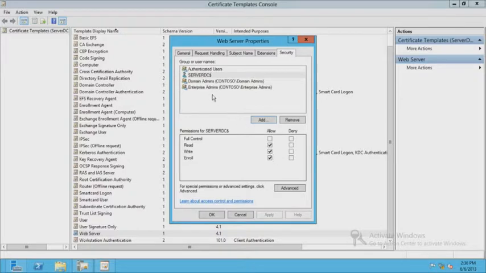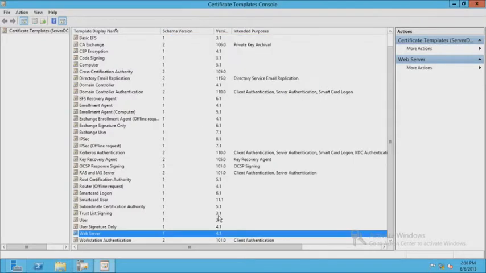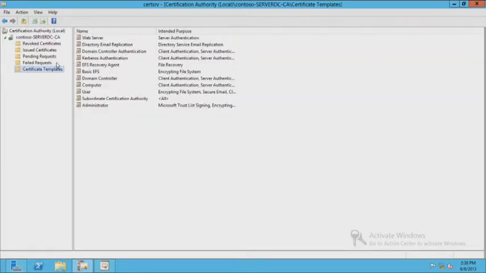Enroll, or I'd add a server web, or whatever the name of my web server is. Select the enroll option, click OK. All I've done is change the template. I still can't issue that certificate to a web server. I then have to return to my certification authority,